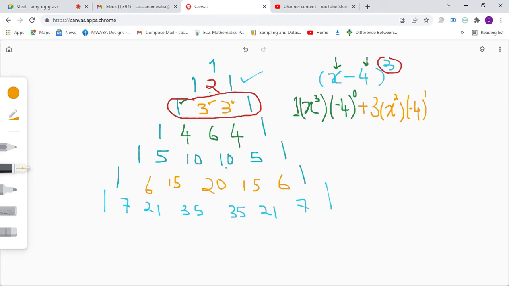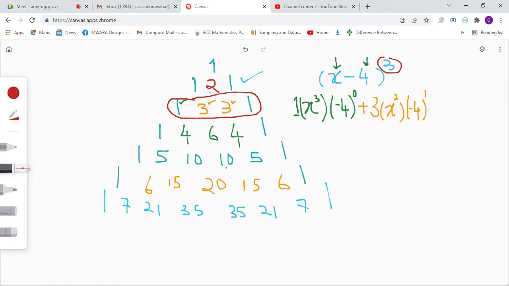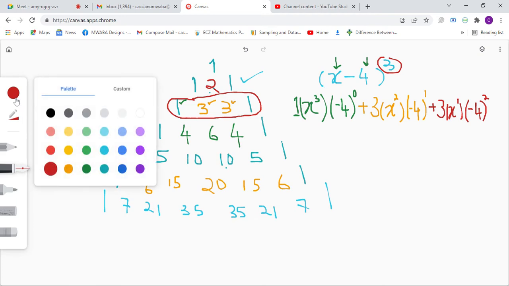Then we're going to write this 3 here, which is going to be plus 3x. So now x is to the power 1. 3x times negative 4 to the power 2. You can see the negative 4 exponent has increased by 1. Now it's 2. Then we're going to say plus,